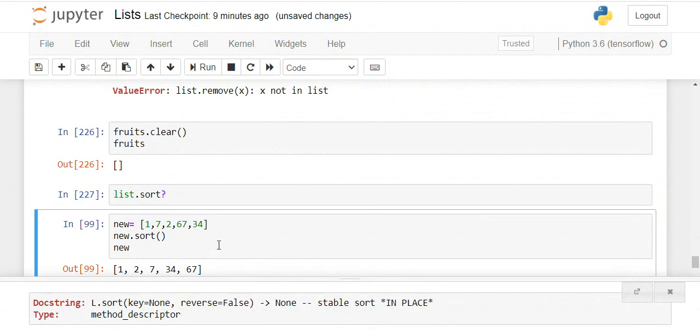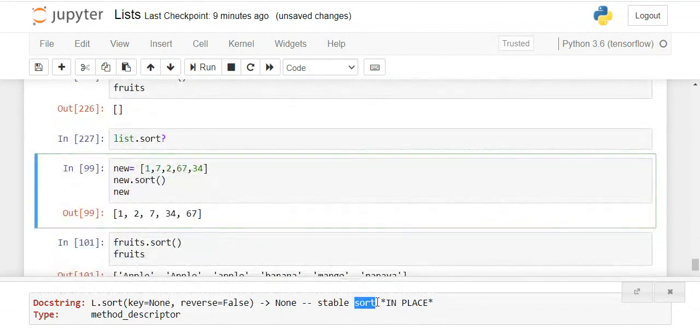So in which order would you like to do the arrangement, ascending order or descending order? That particular thing you can control from this argument. By default it provides the sequence in ascending order: 1, 2, 7, 34, 67. That's quite simple, and these are optional arguments.